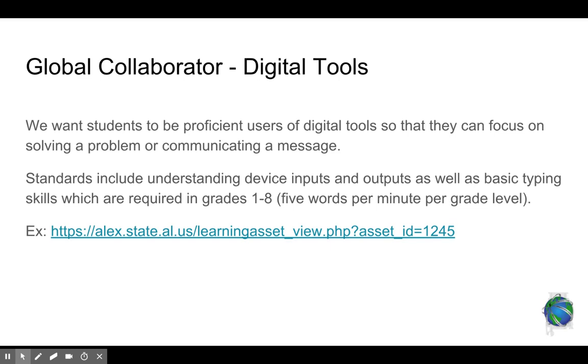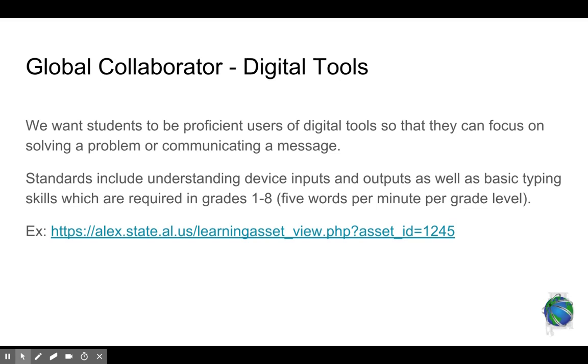So early on, technology courses of study focused on the use of digital tools. How do I use this tool? Now we want them to be proficient users, but the focus is more on using those tools to solve a problem or communicate a message. Now, in order to do that, one area that did receive a lot of